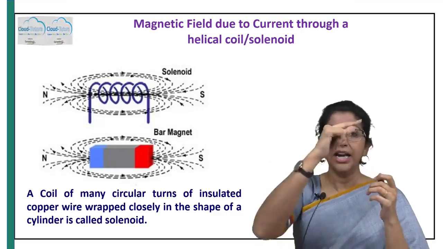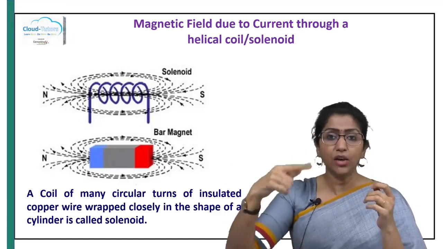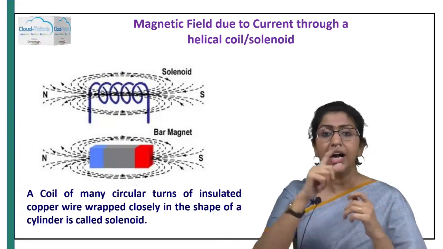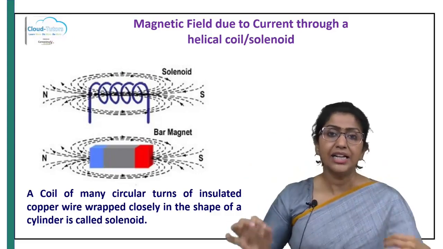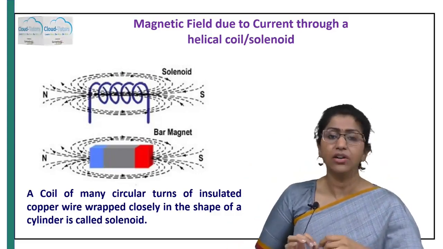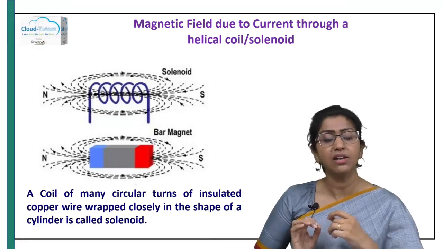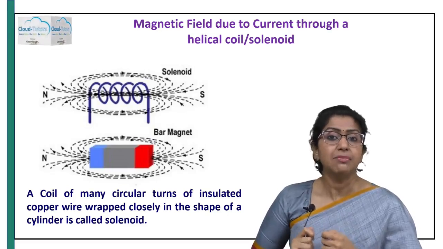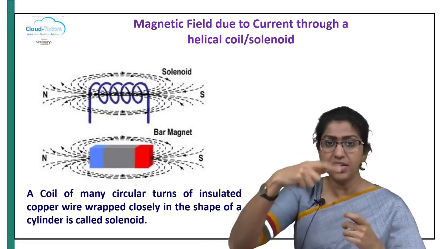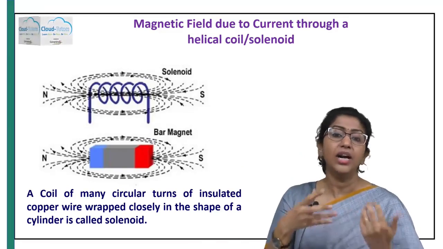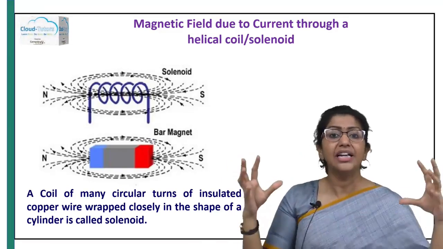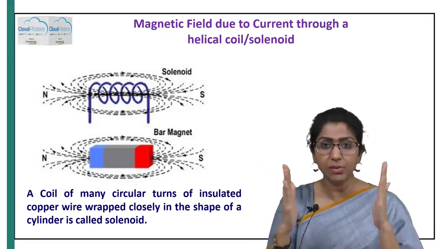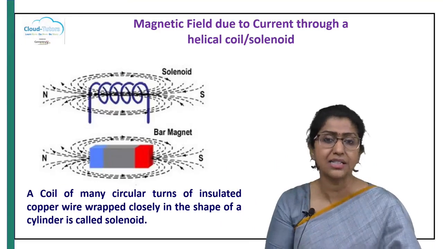Helical manner as in it goes around it very closely. We wind this copper wire around a given cylinder, and it is connected to a battery or a voltage source through which we make the current flow through the conductor. Once the electric current is passed through this wire, the solenoid, what happens? There is a magnetic field induced around this solenoid, and this arrangement basically behaves exactly as a bar